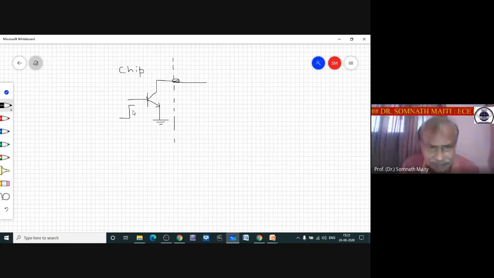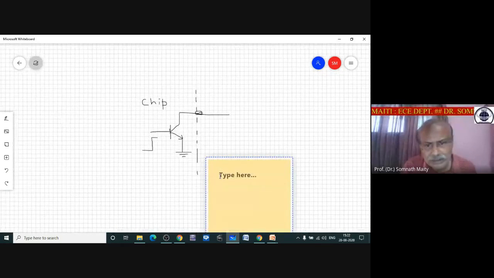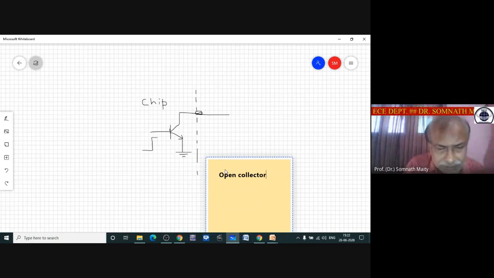The interesting fact of this open collector configuration is that, so this is open collector. So the advantage is it can be